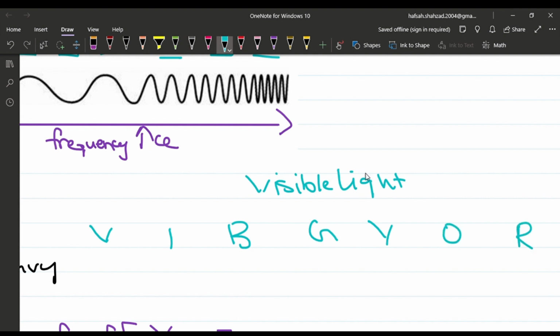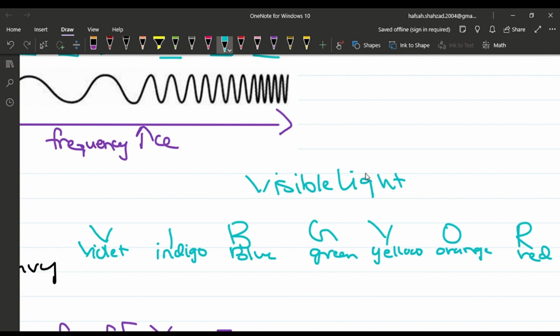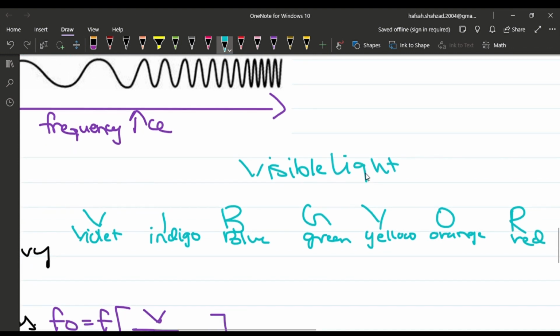Now V is for violet, I is for indigo, blue, green, yellow, orange, and finally red. Right? So Vibgyor,